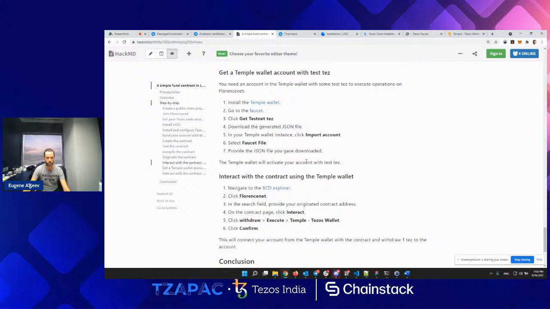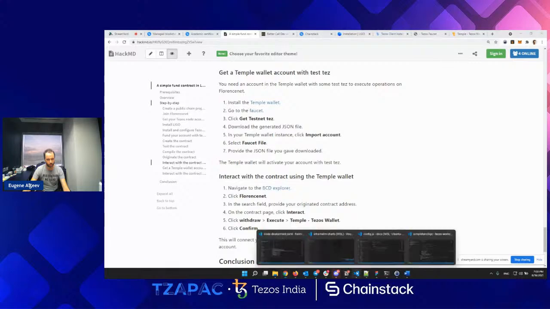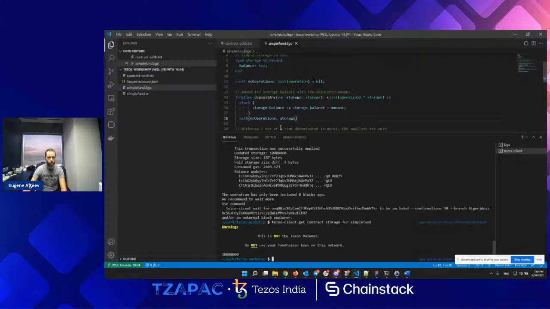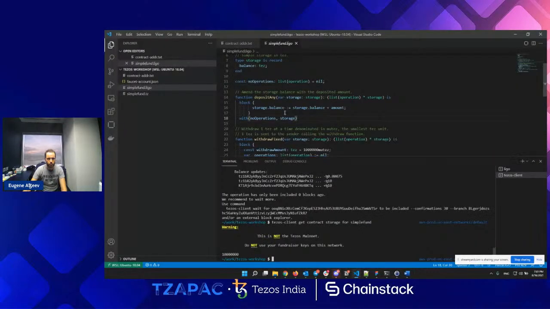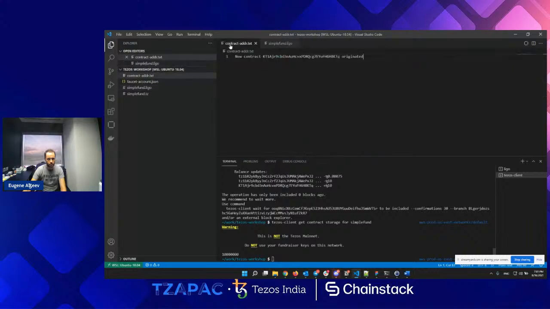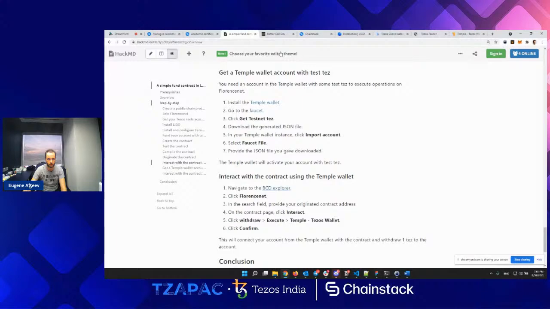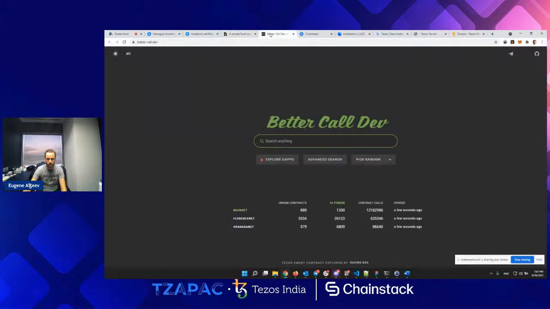But for the sake of this demo, we'll be using the Explorer, and we'll interact with the contract through the Explorer, which you can also do with other blockchains, like, for instance, Ethereum. You can interact with a smart contract from Etherscan, for instance. So that's why I saved this contract address, because it's actually on the real network, on FlorenceNet.